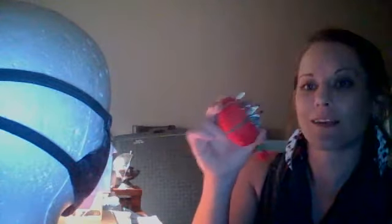So now I have basically almost a mask. Okay. Because that just threaded around there. This is when your little pins that are kind of dangerous come in handy. So you have to basically